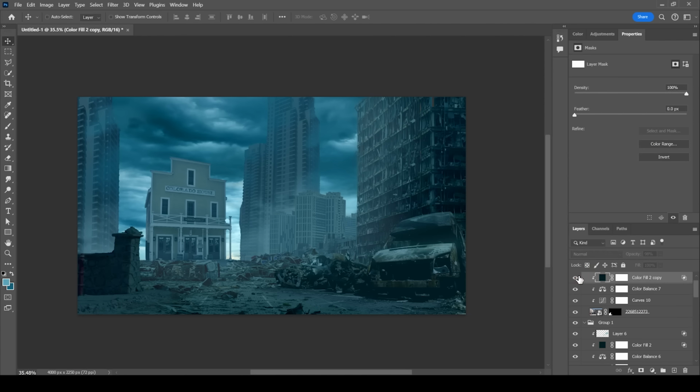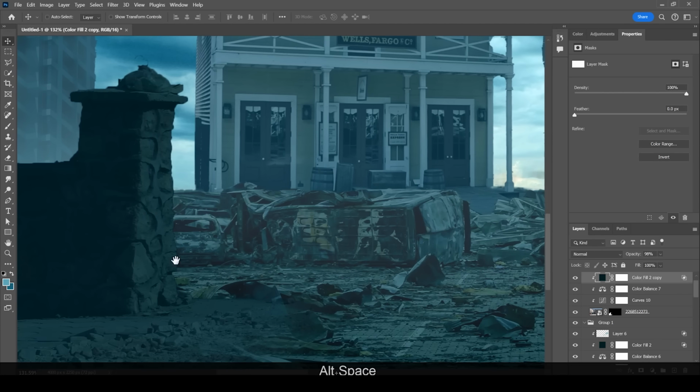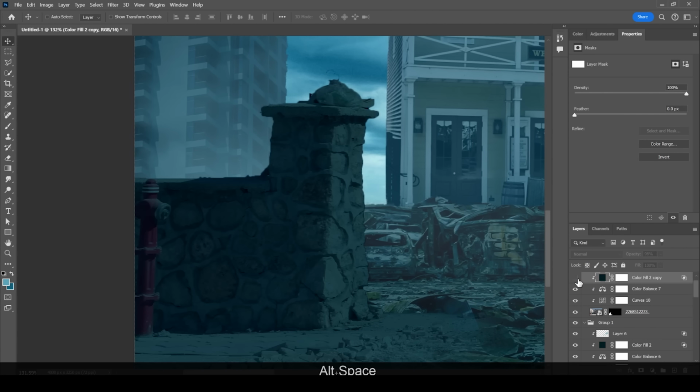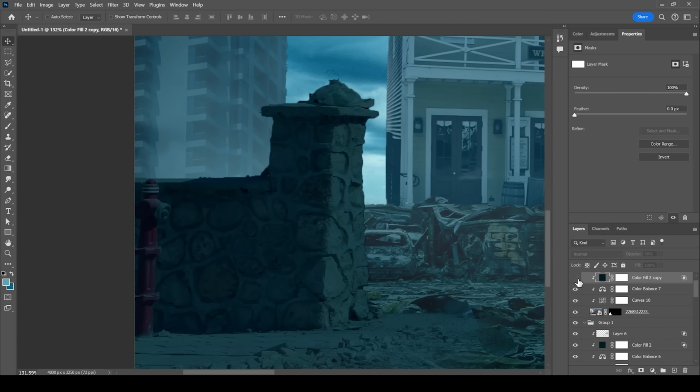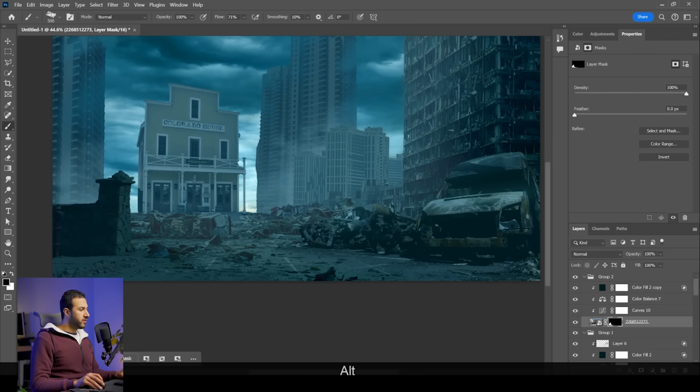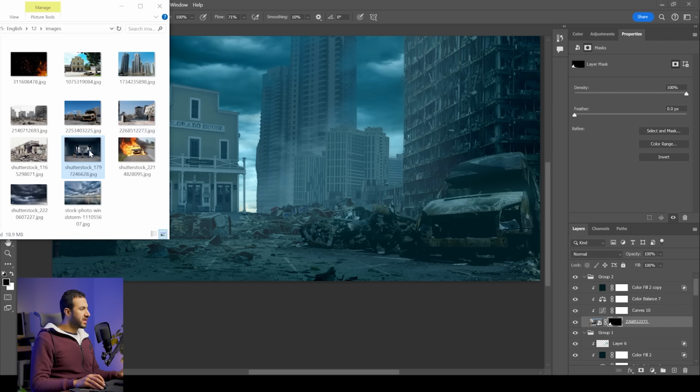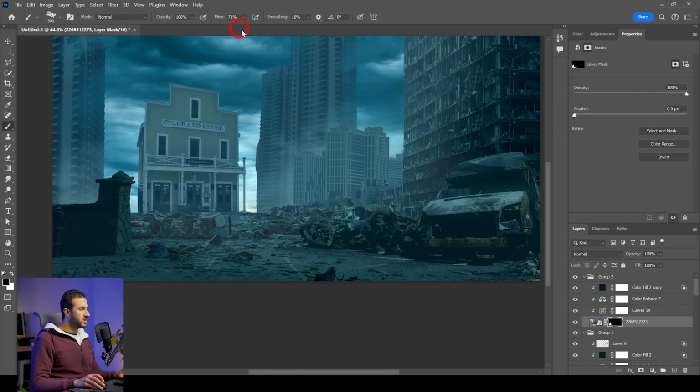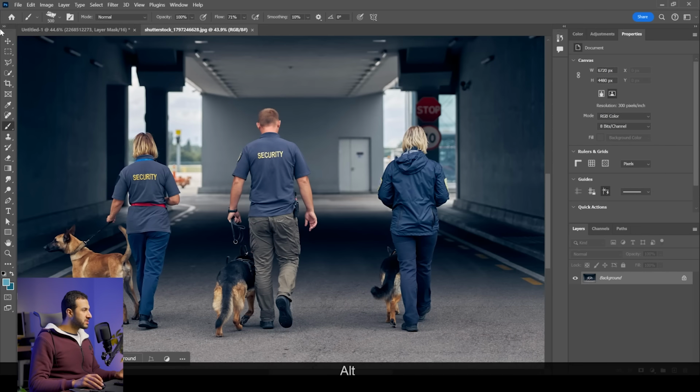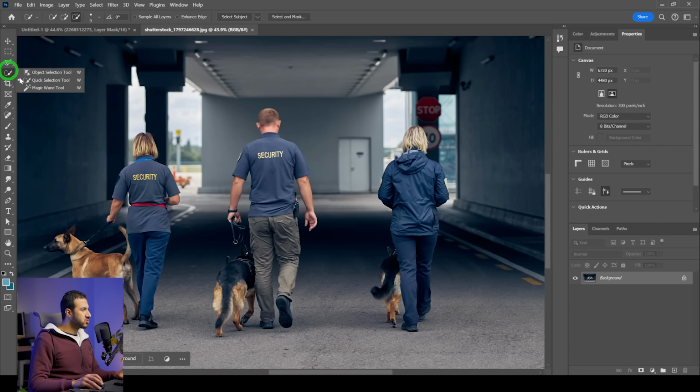So, okay, it's basically giving the shadows specific color. Okay, so as you can see here, before and after, before and after. This is the effect, and we can always go and reduce the opacity. Very nice. Now let's bring the main focal point, which is this man, and I'll just simply select it using